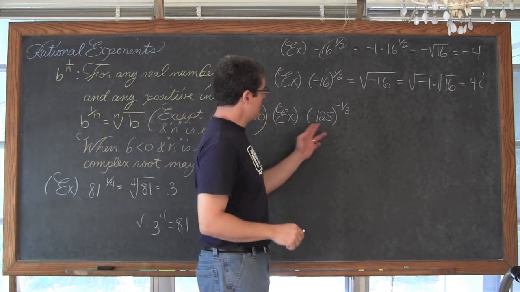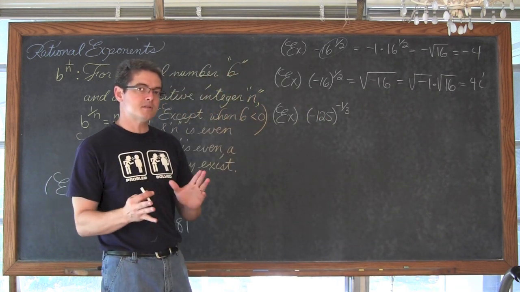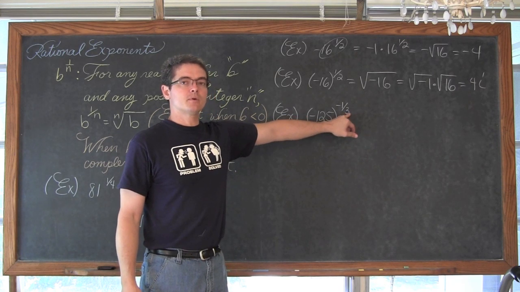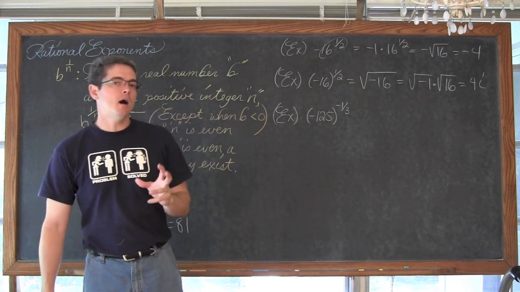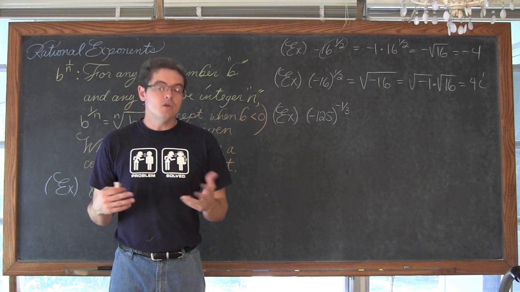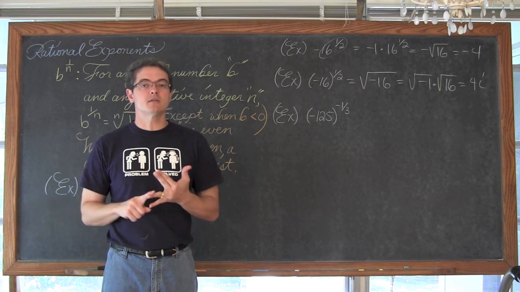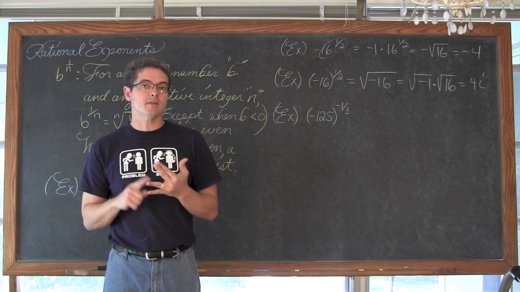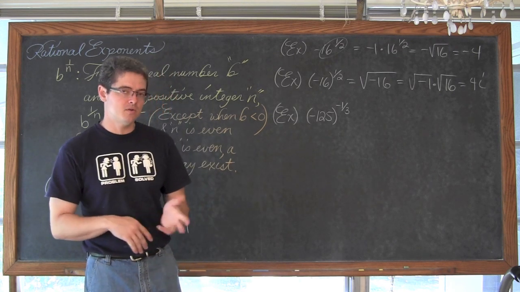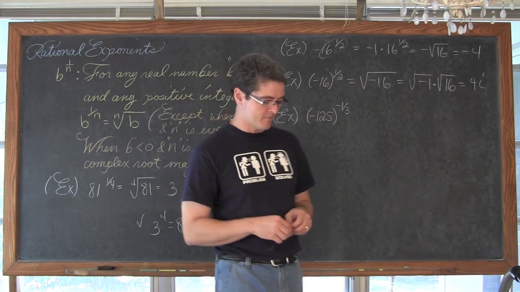Okay, now here I have negative 125 again, another negative inside these parentheses. So the negative has a root applied to it, that's a root of 3. But we can take an odd root of a negative number. The cube root of negative 8 is negative 2, because negative 2 times negative 2 is positive 4, but then when you bring in that third negative 2, it goes back to negative 8 and you're okay. So you can take an odd root of both a positive and a negative number.